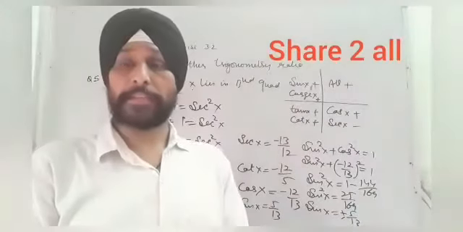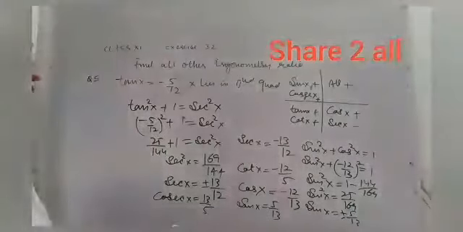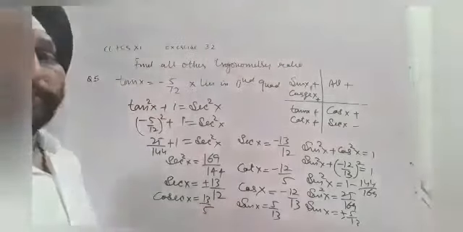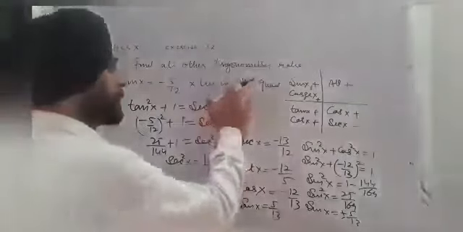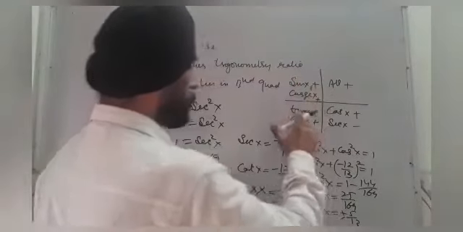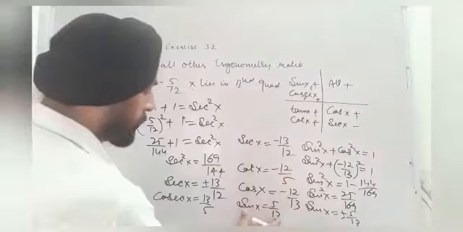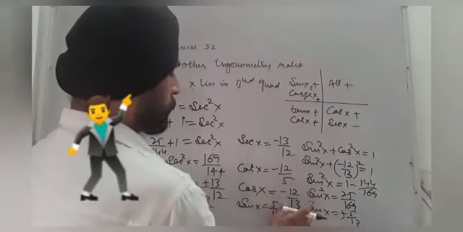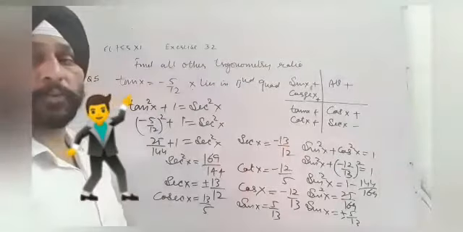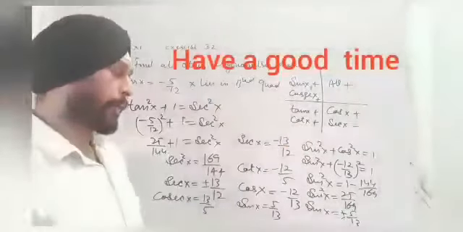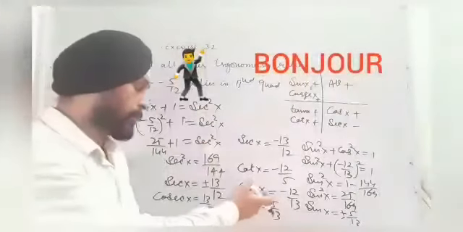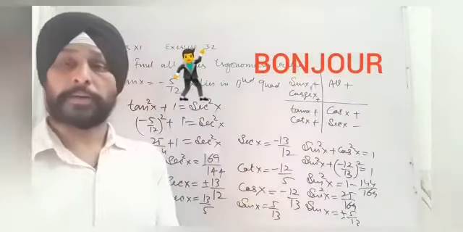You know, we have the 6 trigonometric ratios. We have found sin x is equal to 5 by 13, cosec x is equal to 13 by 5. In the second quadrant, sin x and cosec x are positive, all others negative here. You can see sin x 5 by 13, cosec 13 by 5, cos x minus 12 by 13, sec x is equal to minus 13 by 12 here. On the other side, tan x is equal to minus 5 by 12, and you can see here cot x is equal to minus 12 by 5 here.